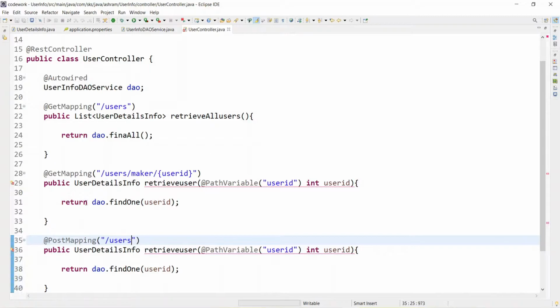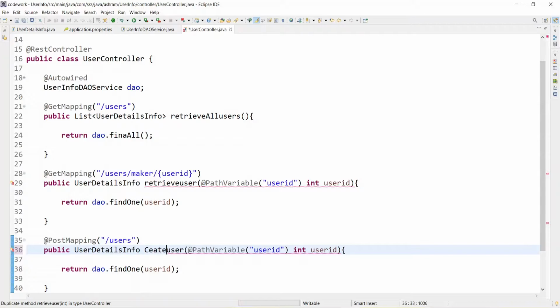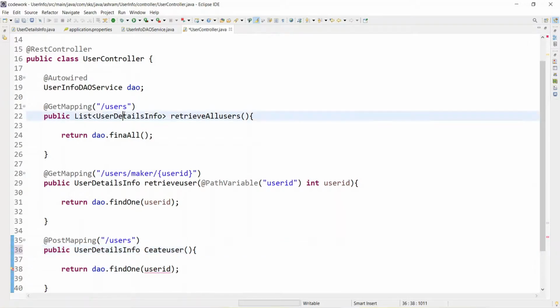So while calling the users using the post method, it will persist the data. And here instead of retrieve user, let's say create user is the method.